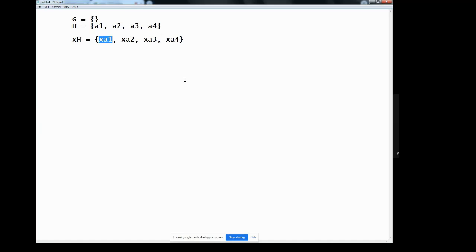So that means whenever A1 belongs to H, where X is an element which, for example, belongs to some group G, then XA1, because of the closure property, also belongs to,